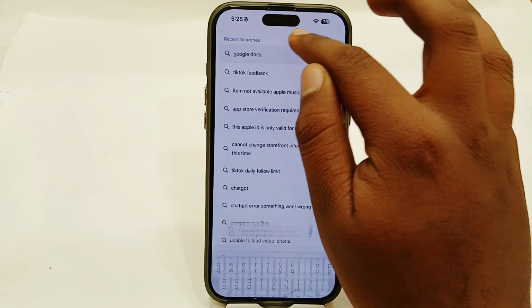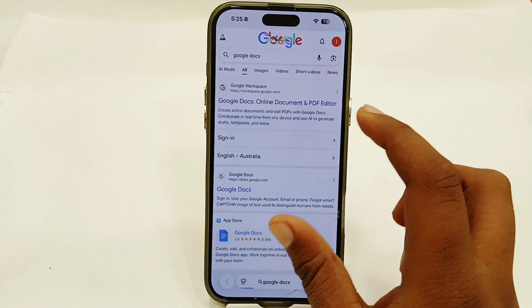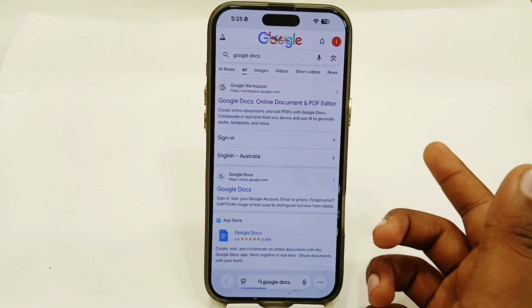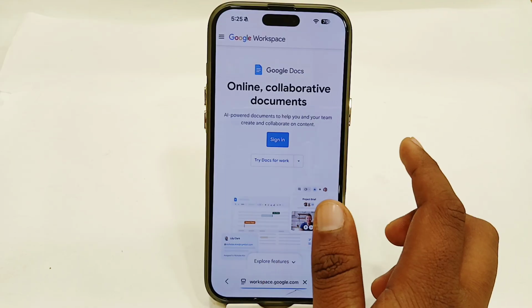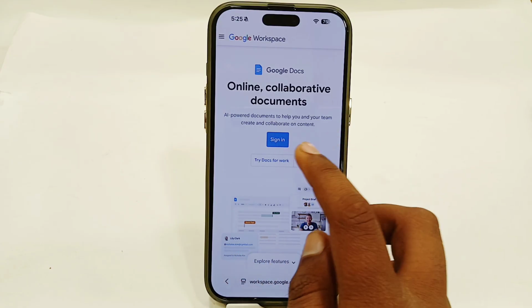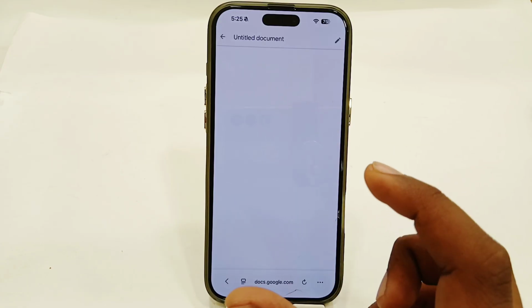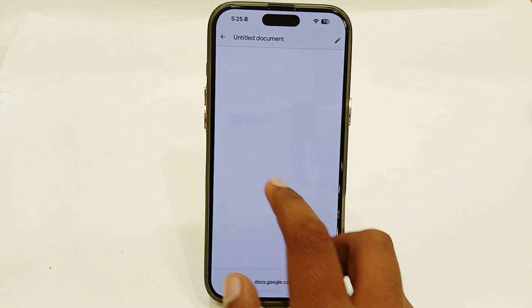Google Docs. So basically it's an online website from where you can easily edit your documents or create new PDFs. You must open that, and here you have to tap on sign in to sign in with your account. If you want to get the Google Docs app, you must go back from